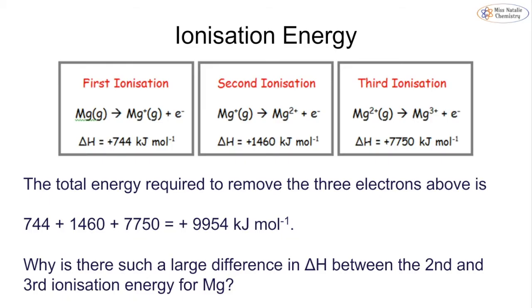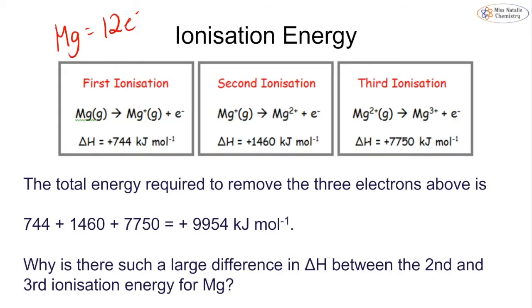So we can look at the ionization energy for magnesium. Okay, magnesium, we know, has an atomic number of 12, therefore it contains 12 electrons. So the first ionization energy to get to this magnesium 1 plus is 744 kilojoules per mole. Then the amount of energy it takes to get to the 2 plus is 1,460 kilojoules per mole. To get to a 3 plus magnesium ion, it takes